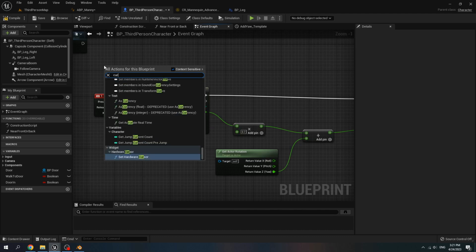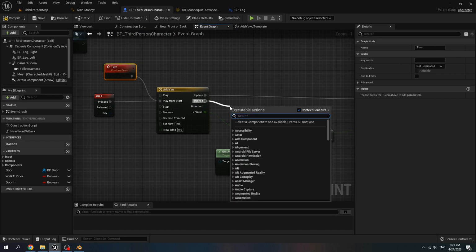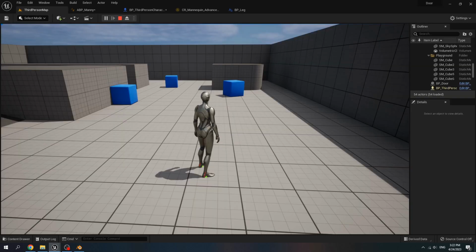Create a custom event, name it turn, connect it to play from start, and when it finishes we call turn. Press 1 on the keyboard, the character will turn.